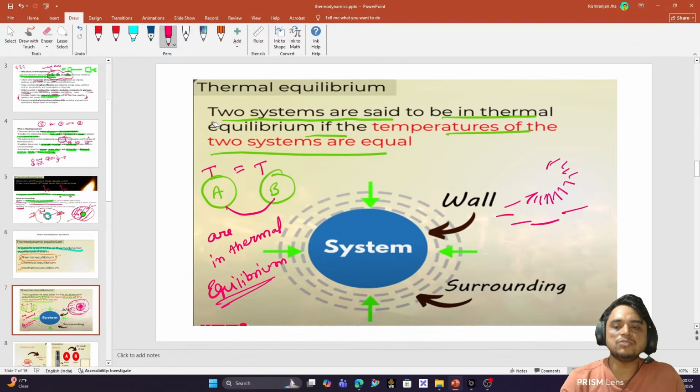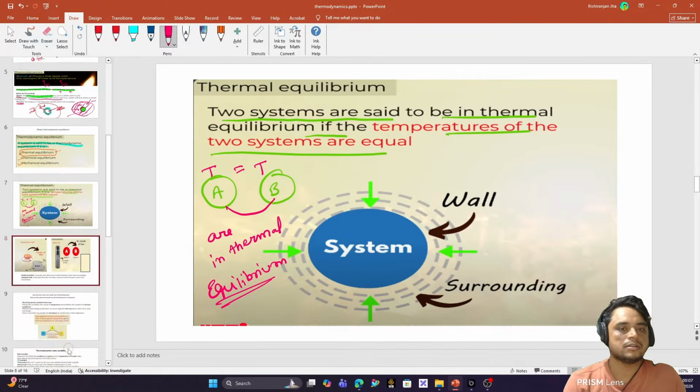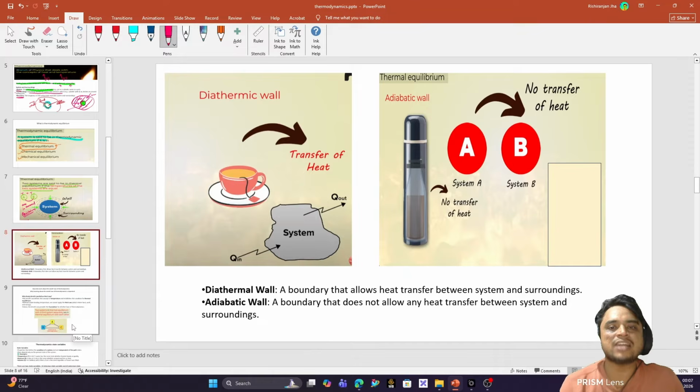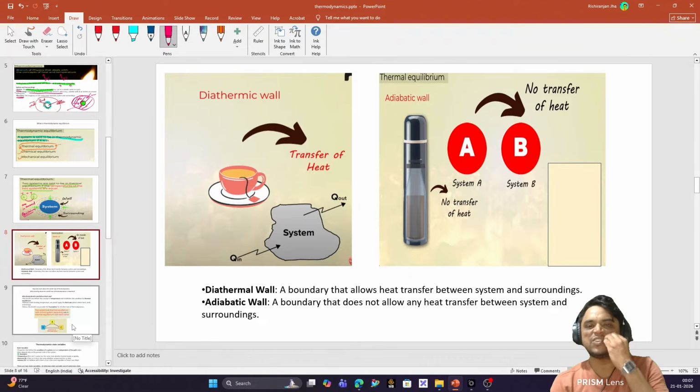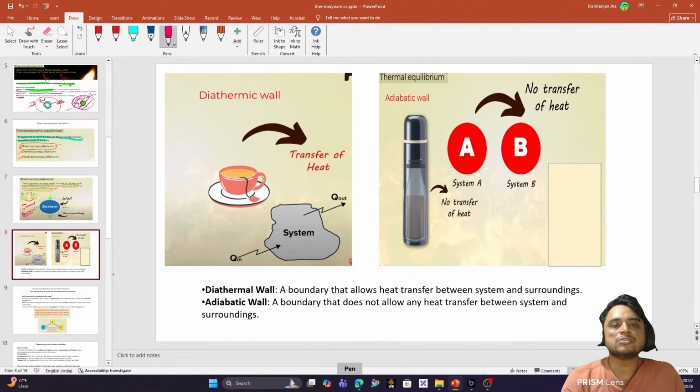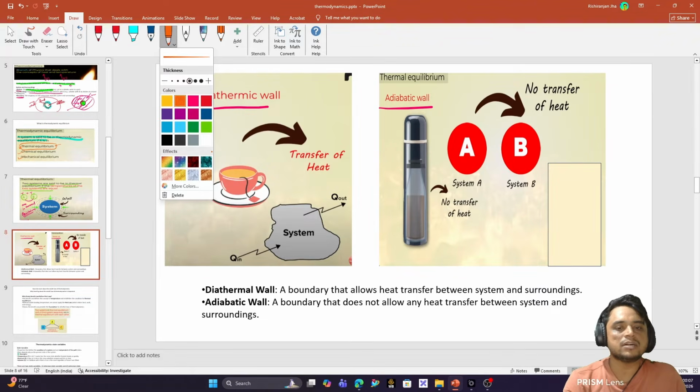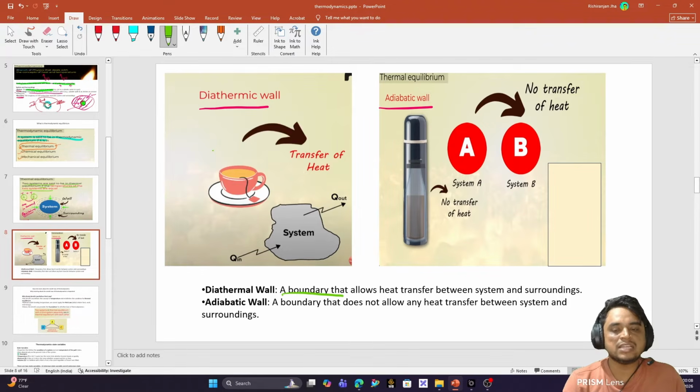So let's move on to the next slide and see. As I explained before, there are two types of wall. A wall can be a diathermic wall or an adiabatic wall. So what is a diathermic wall? In simple terms, a boundary that allows heat transfer between the system and the surrounding is